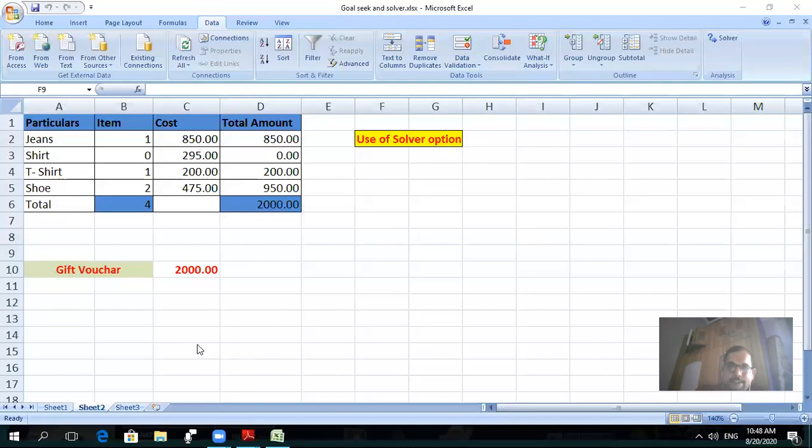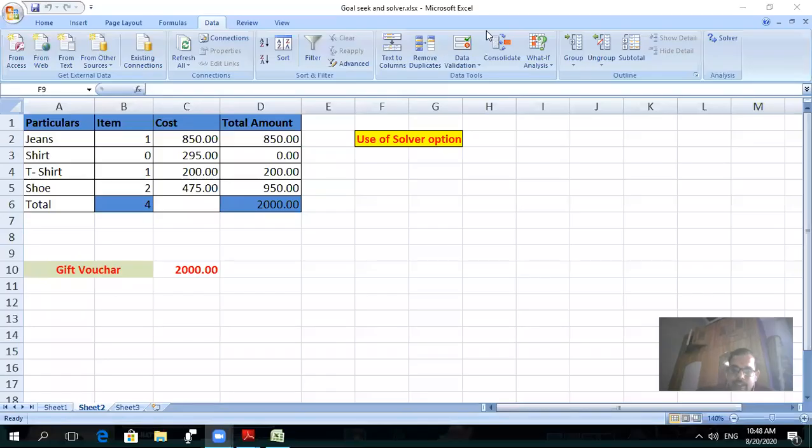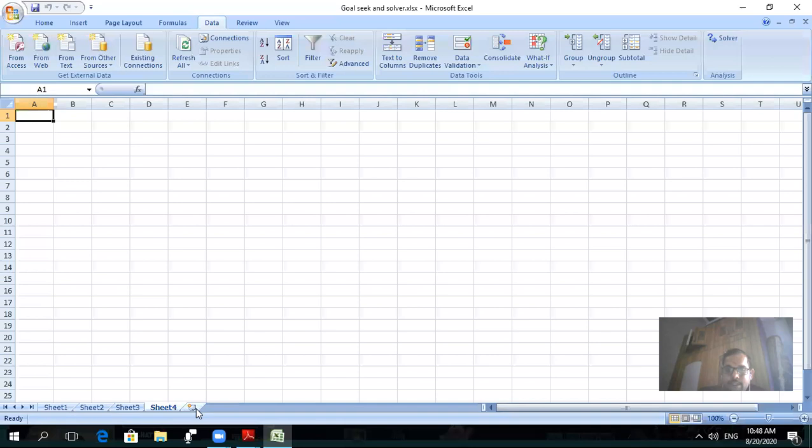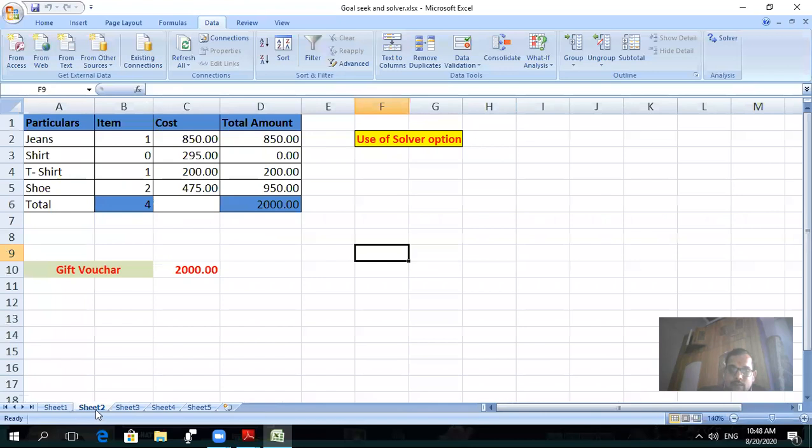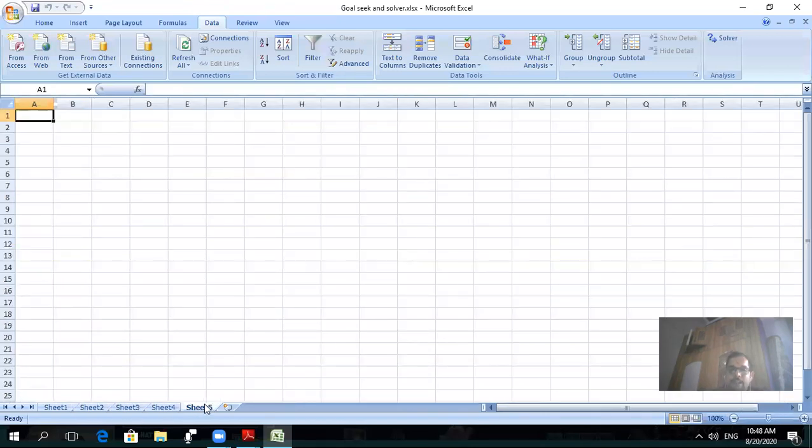Open your Excel, then suppose that I want to insert one sheet in the same workbook. Click on this button, the last button after sheet number 3. Sheet 1, sheet 2, sheet 3 are the default sheets. Now I want to insert one more sheet here. So click on this button. Now sheet number 4 is inserted. Once more, now sheet number 5 is inserted. So total sheets 1, 2, 3, 4 and 5 are inserted.